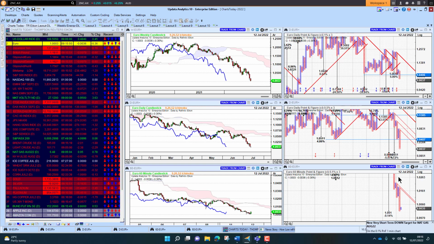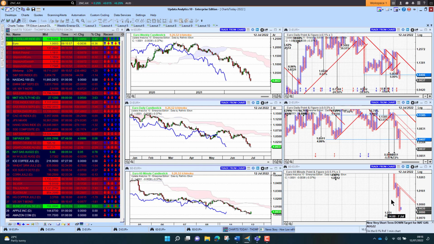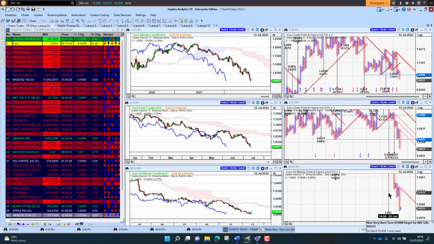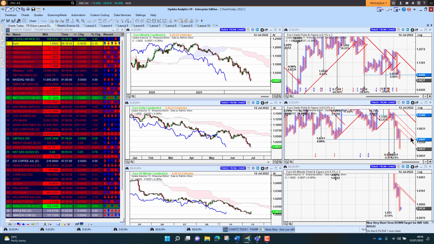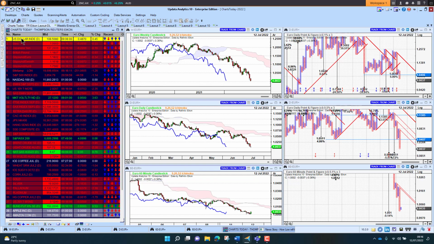And so here we've got the corresponding point and figure downside targets, and that target of 101 has been sitting there since the 28th of June. So we knew this was going to happen. It's all in the charts, and we've got bigger downside targets still to play for. Dollar, therefore, is looking very strong.